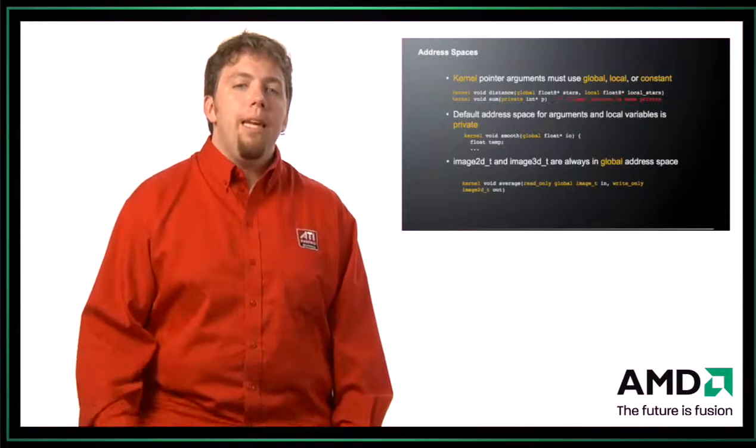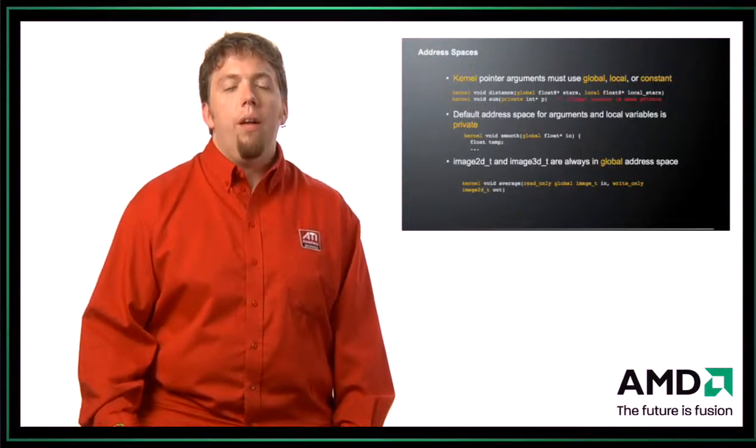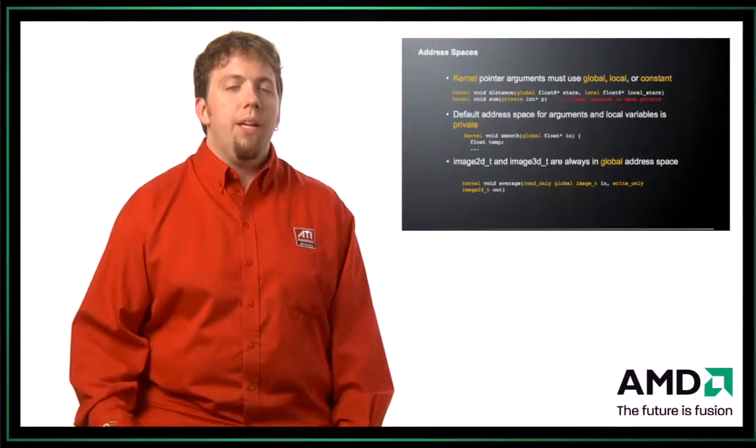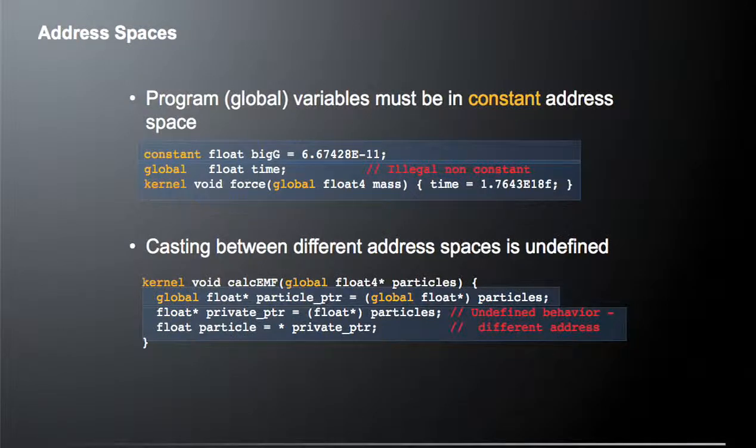Note that image 2D and image 3D are always in the global address space. You also need to specify with the image types whether they are read-only or write-only. In that kernel, are you reading it or are you writing it? Because you can't do both at the same time with the image types. Program global variables must be in the constant address space. Let's say you have a global variable that's being used by multiple kernels. That constant must be a global. So you cannot have a global value that is